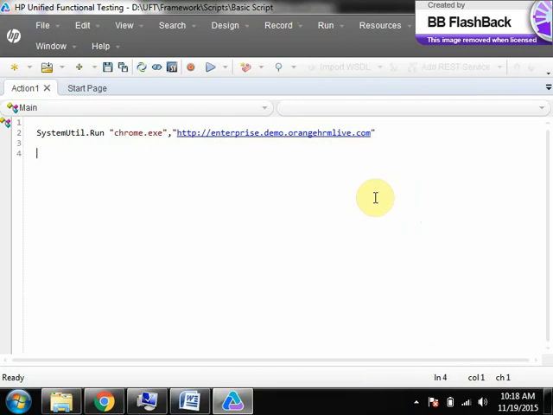Then when you write like this, in every script it will run the Chrome browser. But the problem is tomorrow, in case we need to run on a different browser, we have to open the script and do the modification here. Right? That will be a problem. Even for an automation tester, that's time consuming, because you might have written a lot of scripts already. So you need to open them one by one and do the modification.